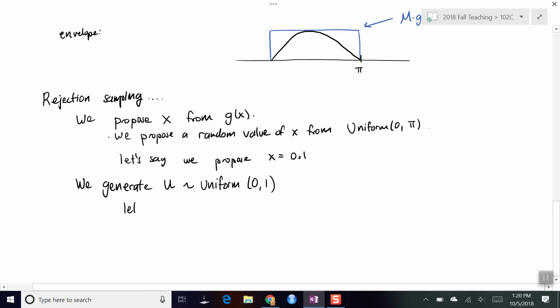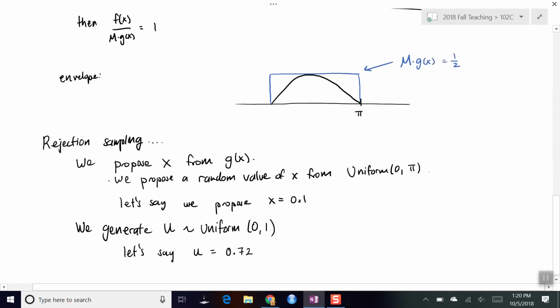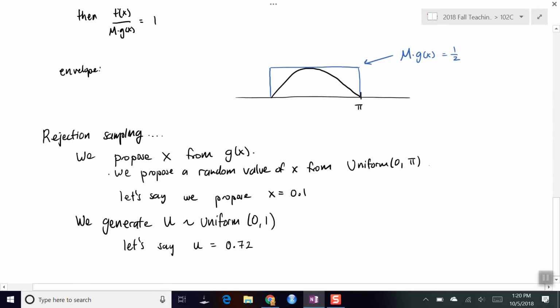And so let's say u is equal to 0.72. Okay, so illustratively,